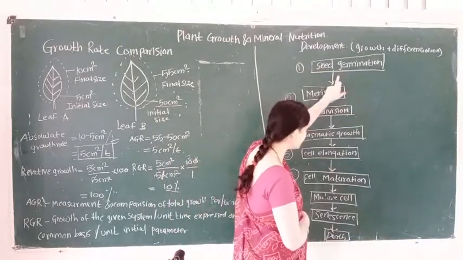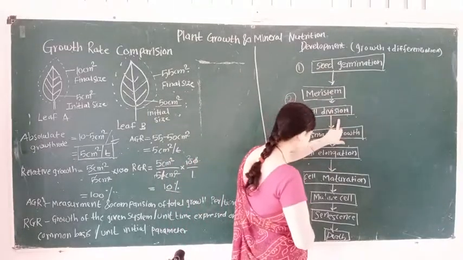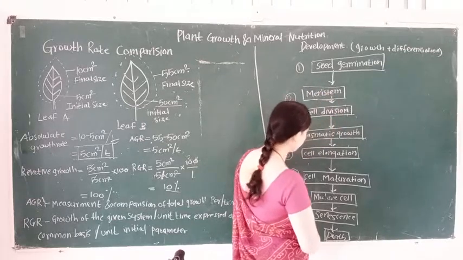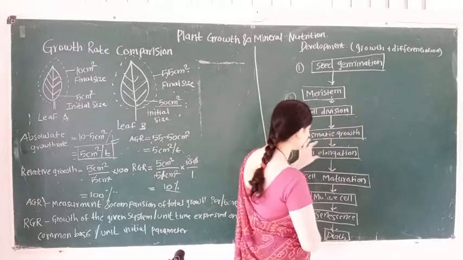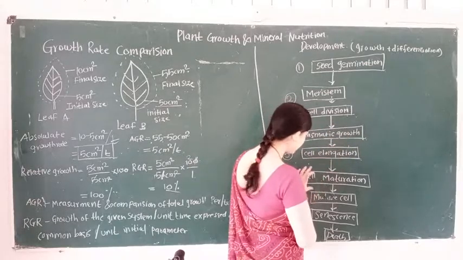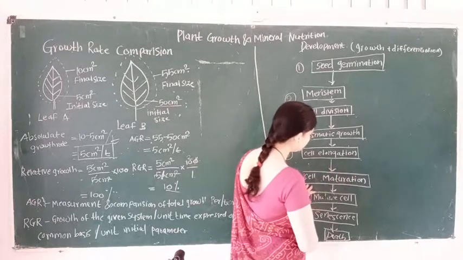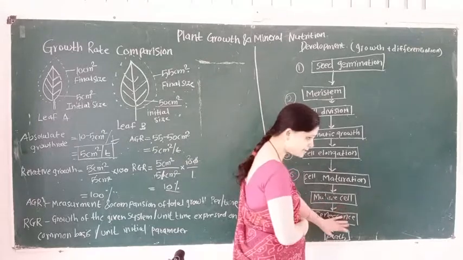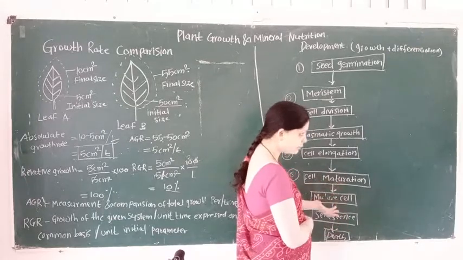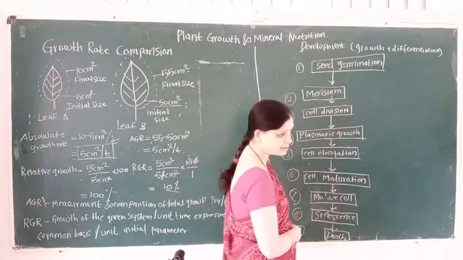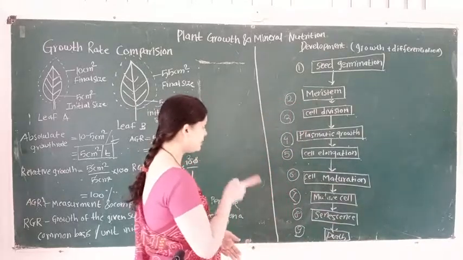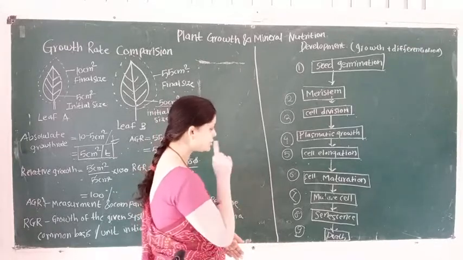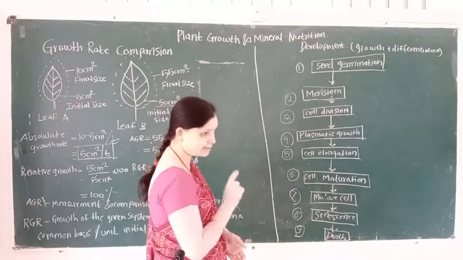First is seed germination, then cell division. In cell division, meristematic tissue divides, then plasmatic growth takes place. After plasmatic growth, cell elongation takes place, then cell maturation, and the cell becomes mature. After the maturation period, the cells undergo senescence, that is, aging of the living organism takes place, and finally it causes death. So in development, seed germination, cell division, plasmatic growth, cell elongation, cell maturation, senescence, and death,